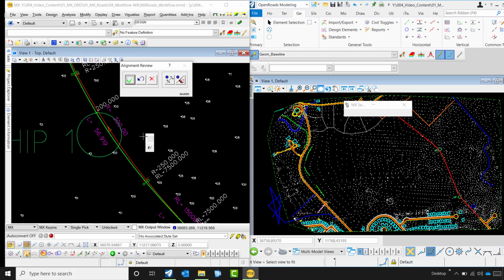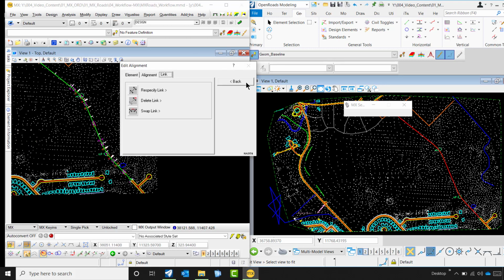And once you're satisfied with the new curve radius, you could accept it, or you could again go back and modify and give a bigger radius. So I'll just go and accept it and say yes, I'm fine with the edit of the alignment, and I just come back. I don't want to make any other changes to the alignment.